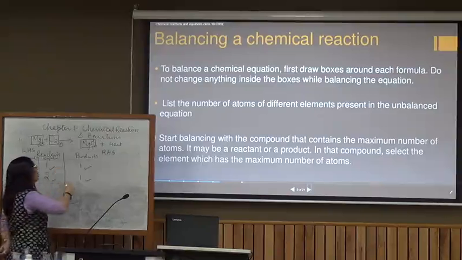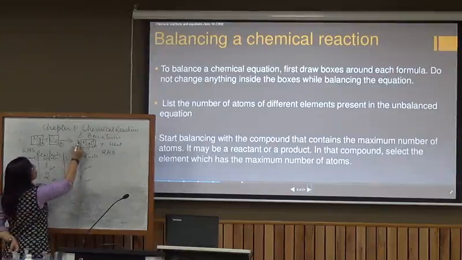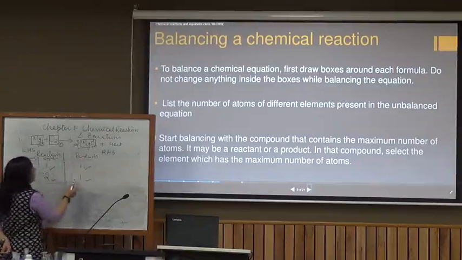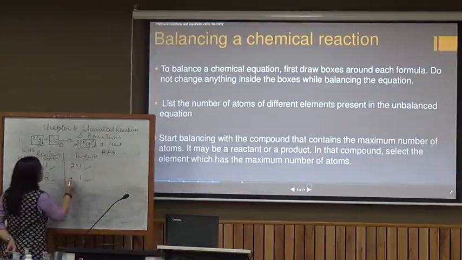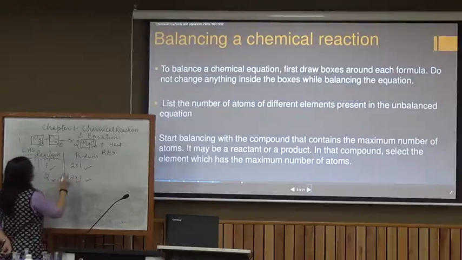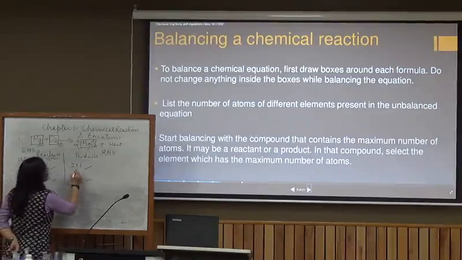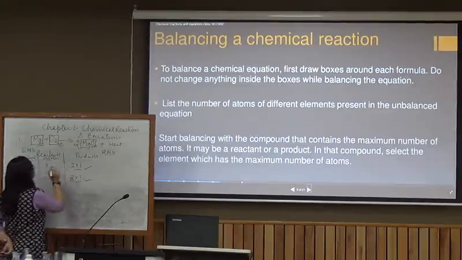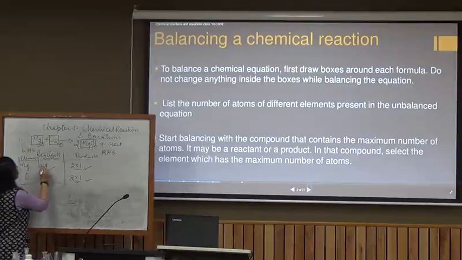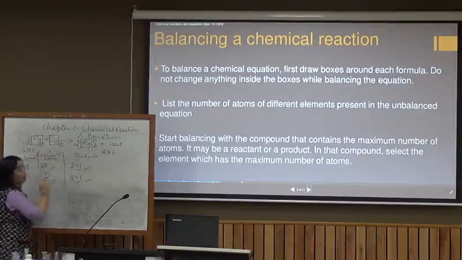The formula of magnesium oxide is definite, fixed, it's MgO. What we can do to balance is that we can only multiply this molecule by 2. When we multiply it by 2, we get this one multiplied by 2 and we get this one also multiplied by 2. Oxygen gets balanced, but magnesium among the product sides is 2 atoms and on the reactant side it's only 1 atom, so we multiply this also by 2. When we multiply this by 2, put the number 2 and this equation gets balanced.